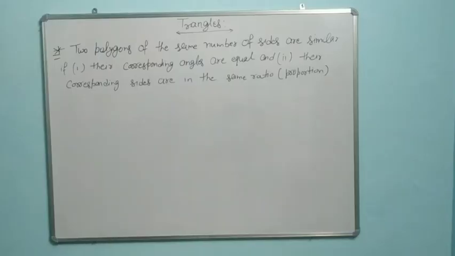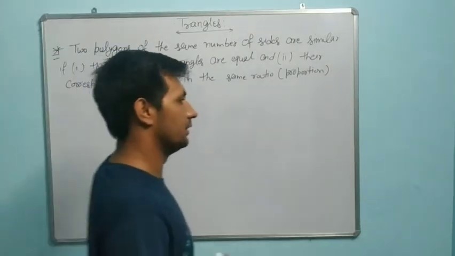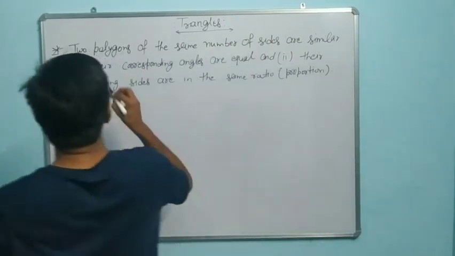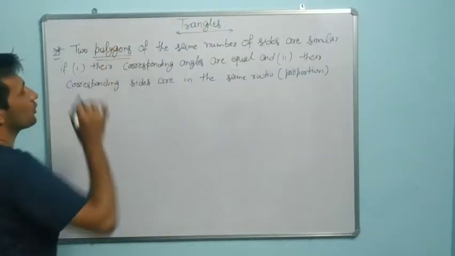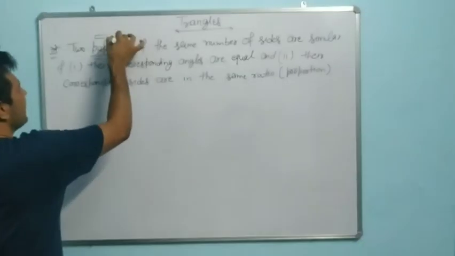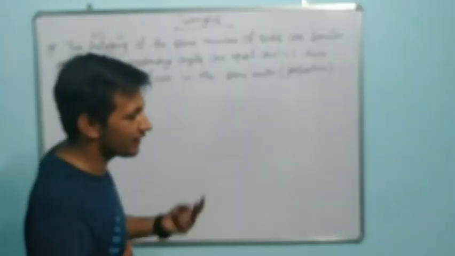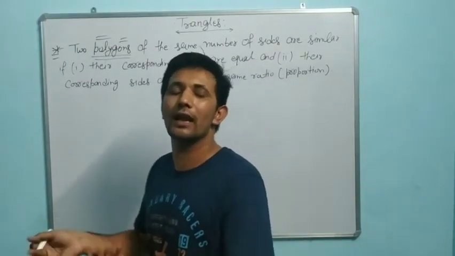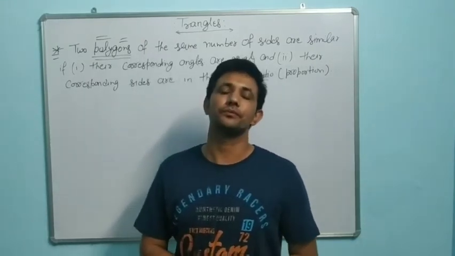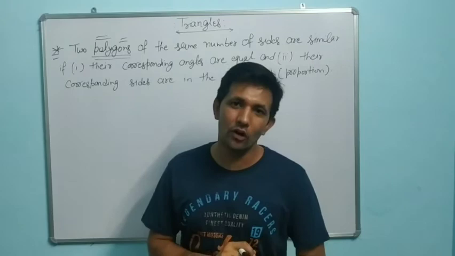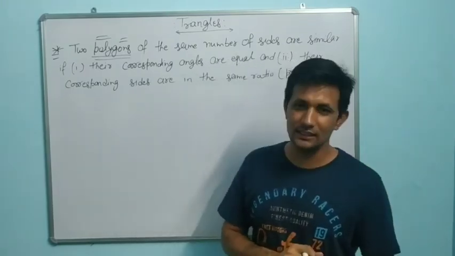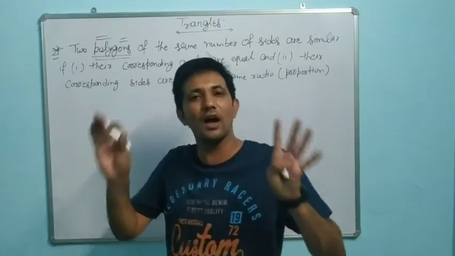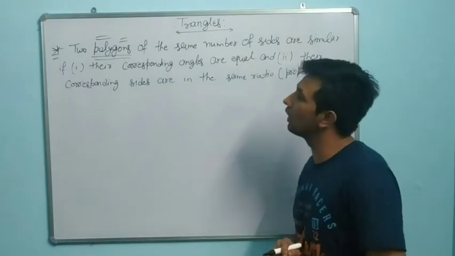Now, dear, we will discuss in what condition we will say that two polygons are similar. What is a polygon, dear? We have already discussed polygons in 8th class. Poly means many, gon means sides. We will take two figures which have many sides. So what are polygons? Two triangles are polygons. Two quadrilaterals are polygons. Two pentagons, two hexagons, two septagons. All are polygons. All closed figures which have many sides are called polygons.